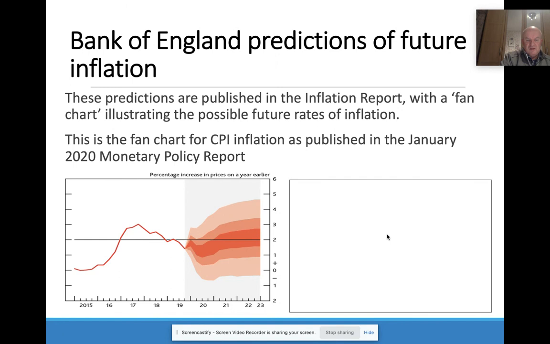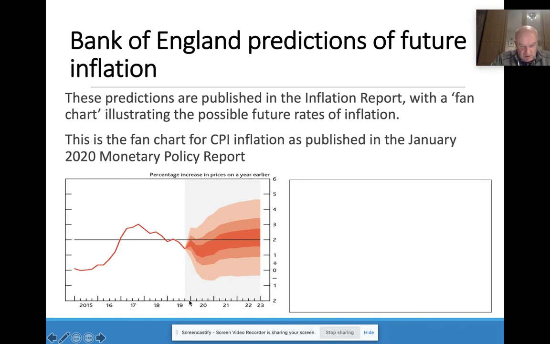But one of the things that the Bank of England has been doing over a period of time is looking at the inflation report, okay, and created this fan chart essentially where we're talking about the position where inflation has been for a period of time, all the way up to around about